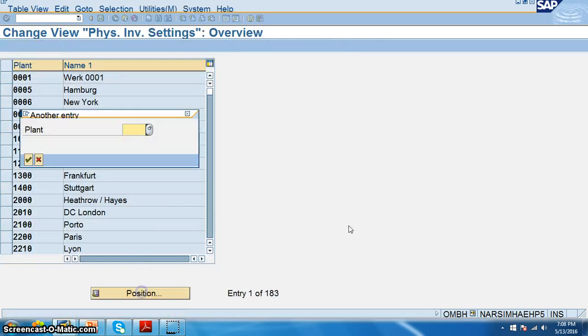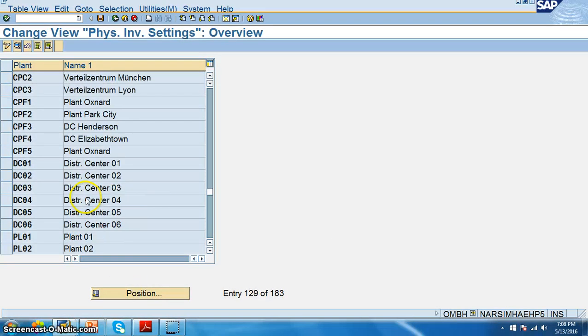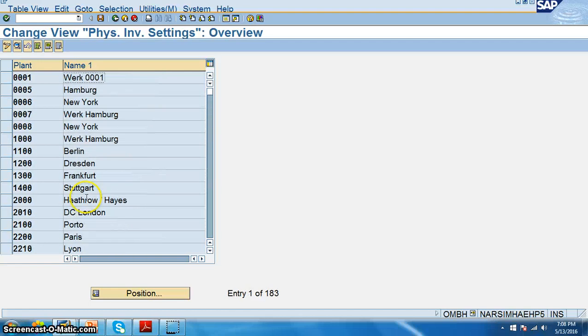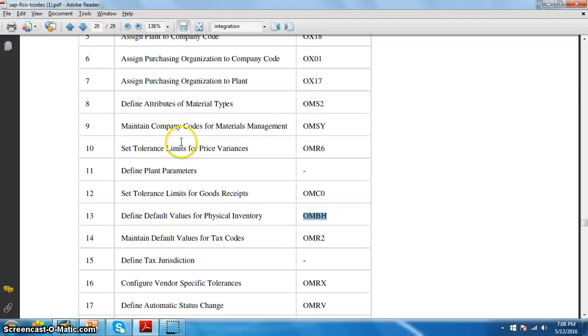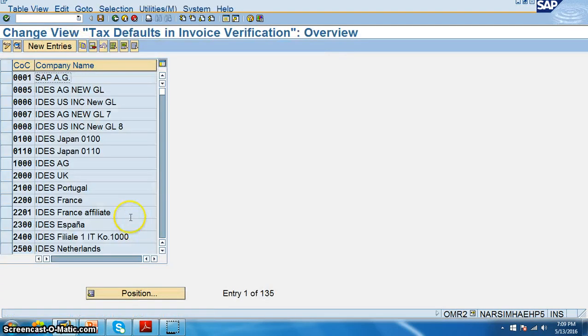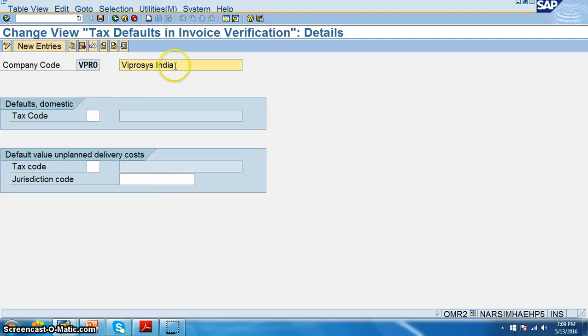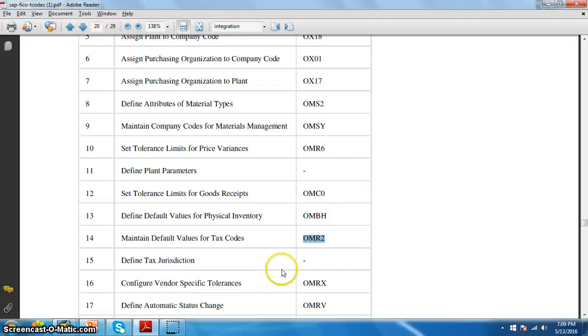In OMBH we are checking for the plant VPRO. For VPRO we don't have this, so we have to update it for VPRO. We'll just check that, and then maintain default values for tax codes, OMR2. We have done the configurations; for position VPRO we have this, and we can also check the values. So for VPRO, company code, we can mention the tax code, and only that tax code will be applied as the default, but as of now we are keeping it blank because we don't want to calculate any